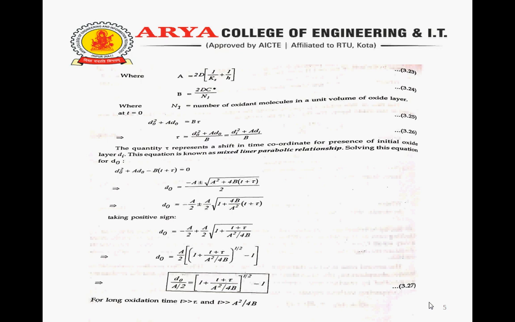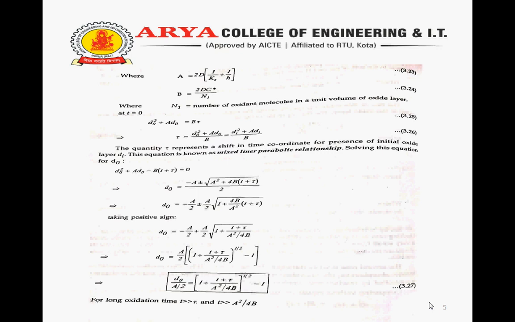The quantity tau represents the shift in time coordinate for the presence of the initial oxide layer Di. This equation is known as the mixed linear parabolic relationship. Solving this equation, D naught square plus A D naught minus B into (T plus tau) equal to 0, D naught equal to minus A plus minus under root (A square plus 4B (T plus tau)) upon 2,